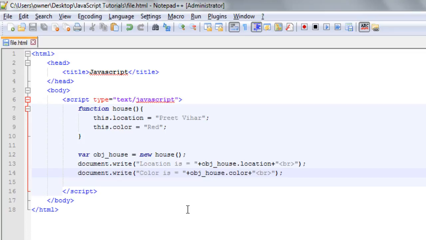Okay, till now we have created a function, we wrote properties, we created the object, then to access the properties inside the function we use the object name, then a full stop, and then the property to access the value of the properties. And this function was without parameters, and we can also use parameters here, and I will show you how to use